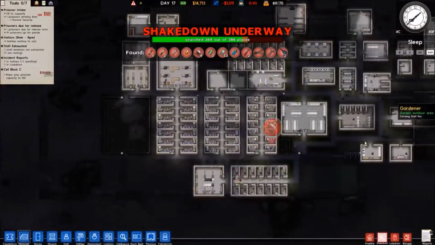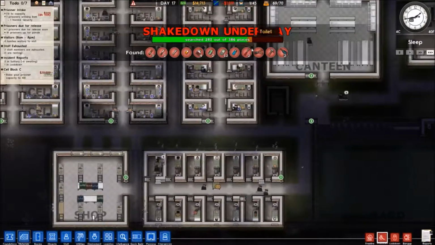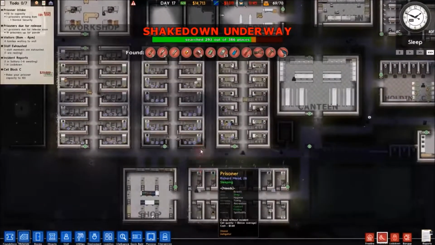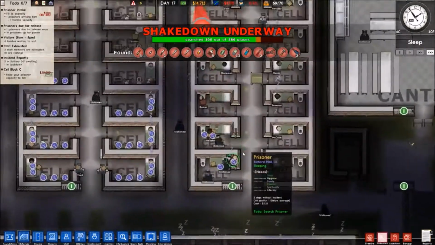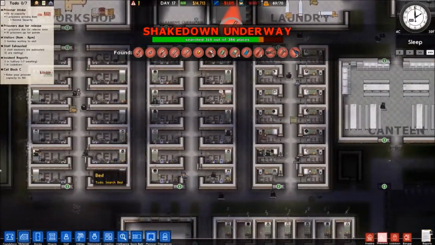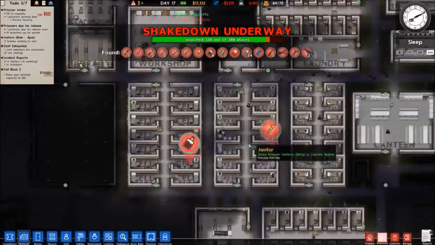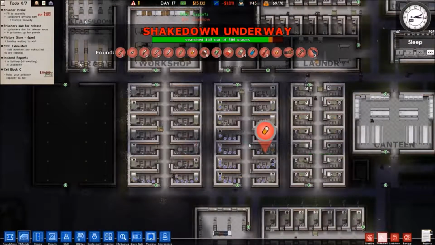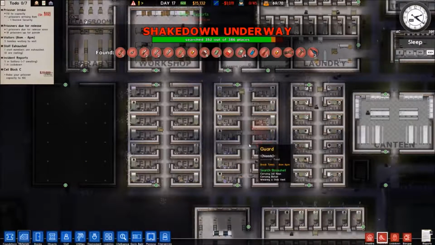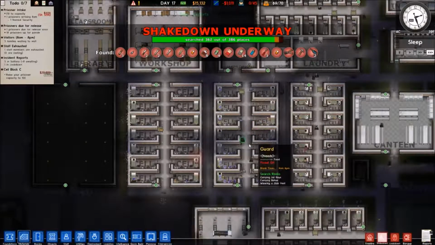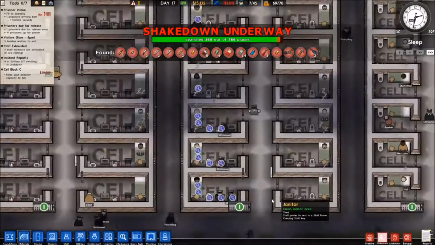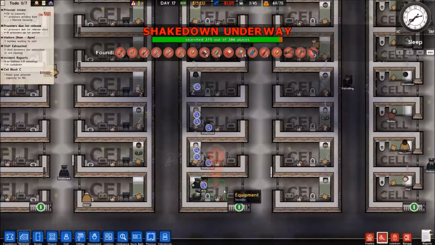Looks like we're finding quite a bit of contraband, thankfully. Good thing, too. Because gosh knows that we have so much contraband and crap in this prison that we need to get rid of. Because boy oh boy, finding all this contraband, it sure makes me happy. It lets me know that I'm doing a good job. I'm catching these kids trying to steal and hide stuff that they're not allowed to have here.